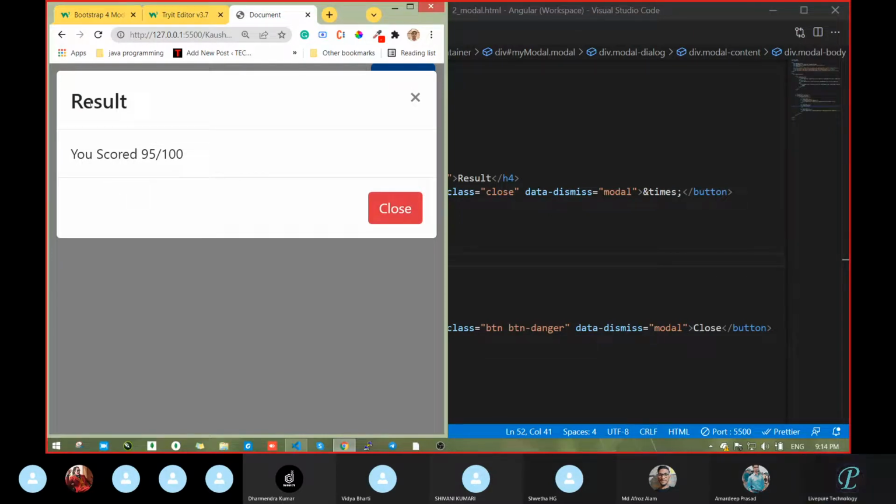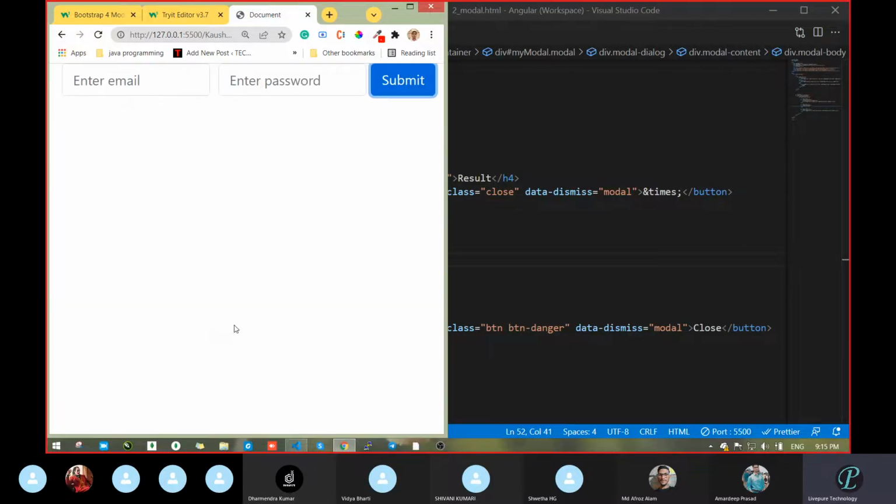Now see, the top header will always be bold, correct? Due to that, here we had used title or something like that. That's why it becomes bold. Whatever is in the body section is normal text. If you want to add a background image or an icon here, you can add that, not an issue. Then next is the close button. Here, if you click outside, it will also close.